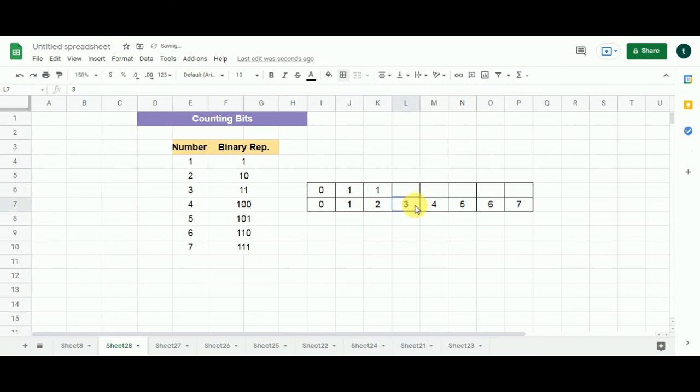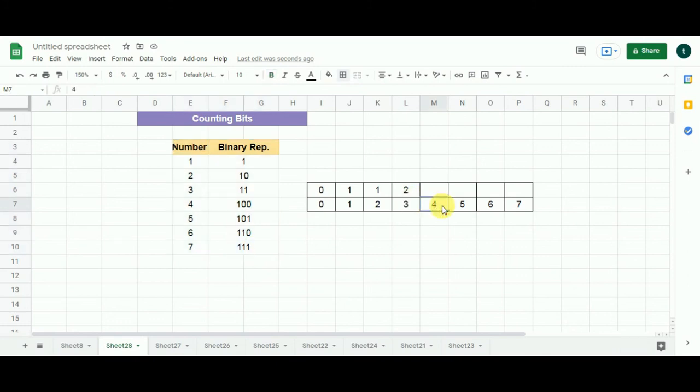Let's move to 3. I am going to divide 3 by 2. That is again going to bring me here because the quotient will be 1 obviously. Since 3 is odd, hence the number of ones in the binary representation of 3 will be plus 1, the number of ones in the binary representation of 1. So I am going to populate 2 over here. You can match the number of ones with the list that we discussed moments ago.